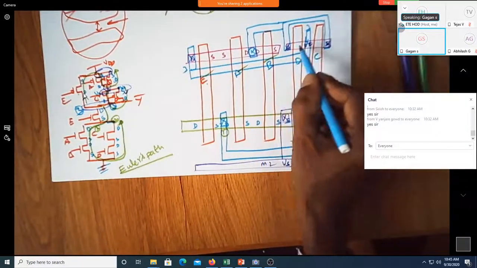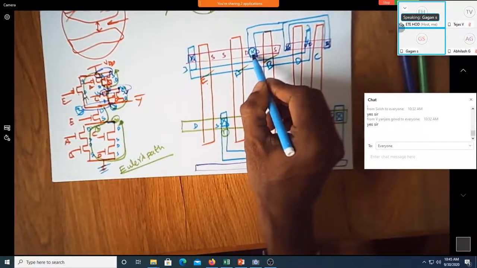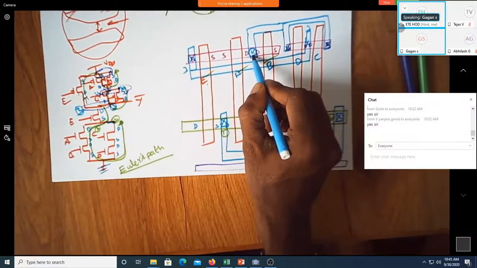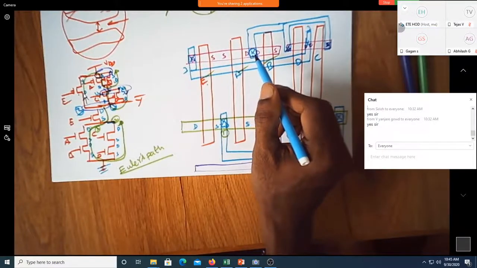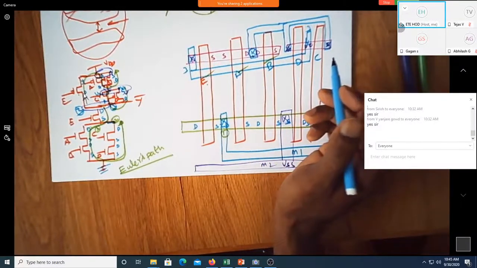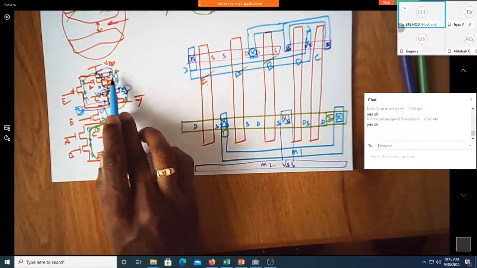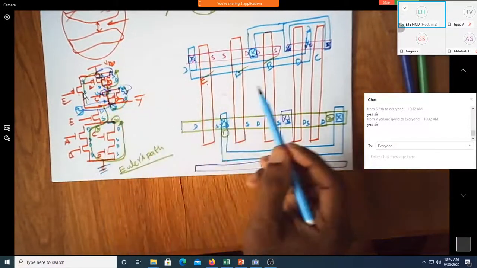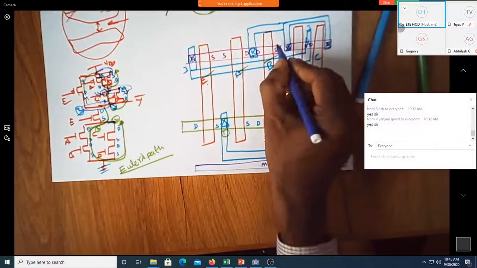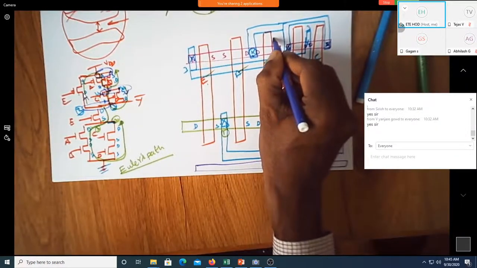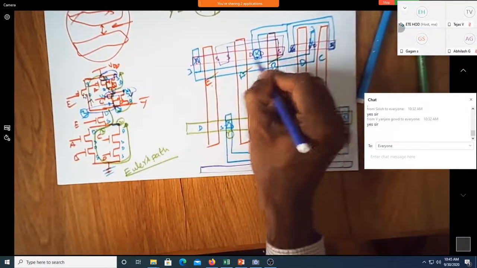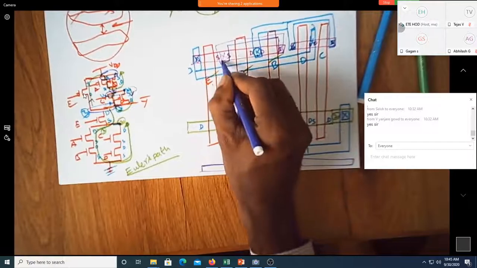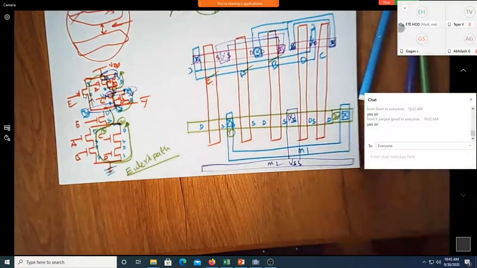Yes, sir. You can see source is shorted and then drain. Correct? Yes, sir. And then how about this? VDD. This source and this source. So is it from this? Correct? Yes, sir.